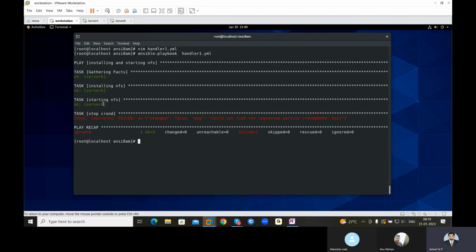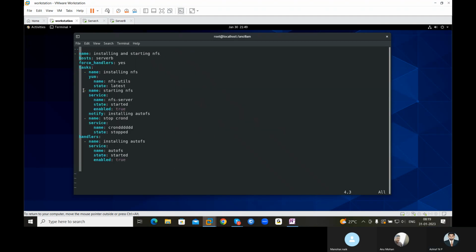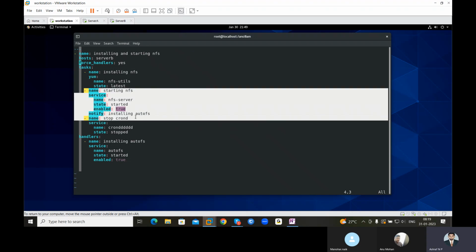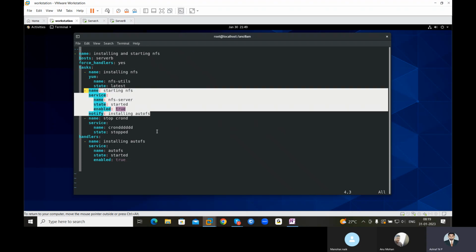And also the task from which we notified the handler ran successfully. Here the problem is, look at this. From which task are you notifying the handler? The second task. What is the duty of the second task? Starting NFS.